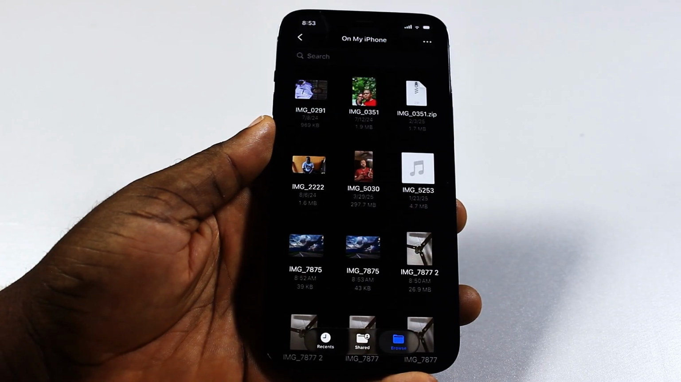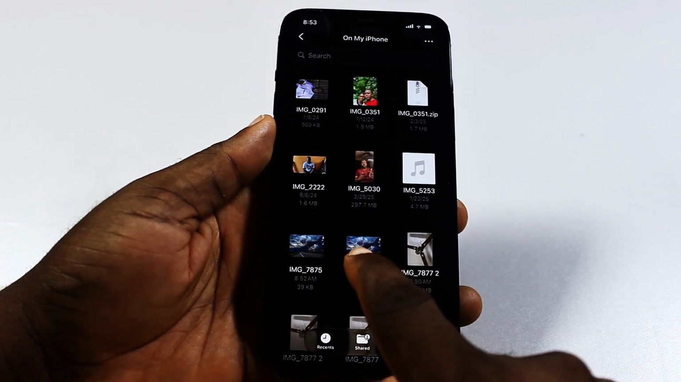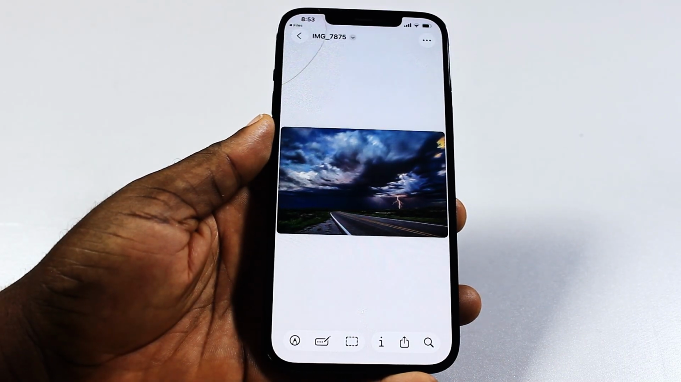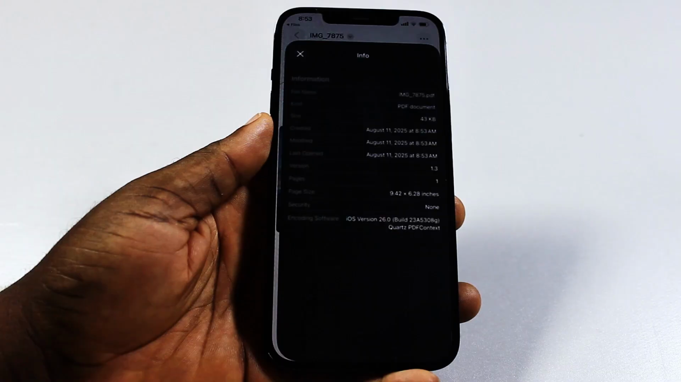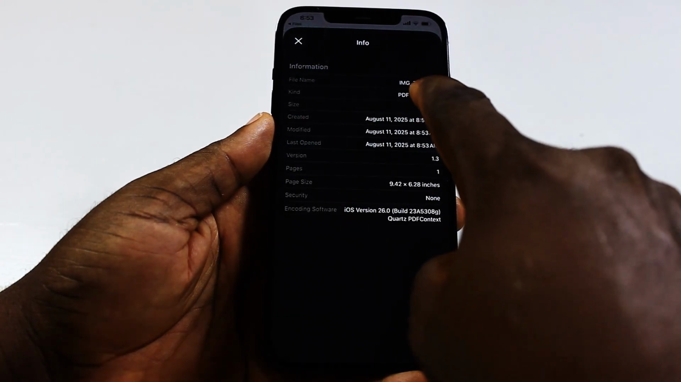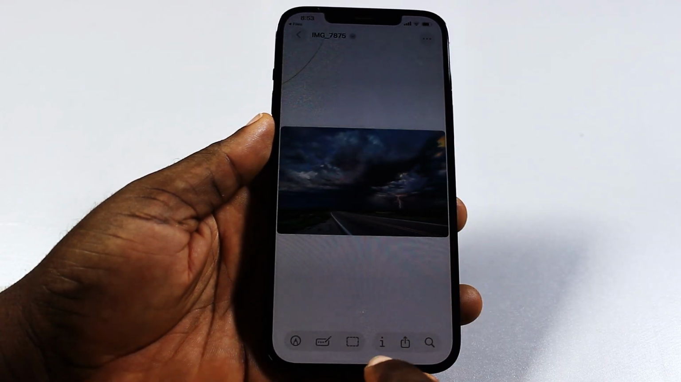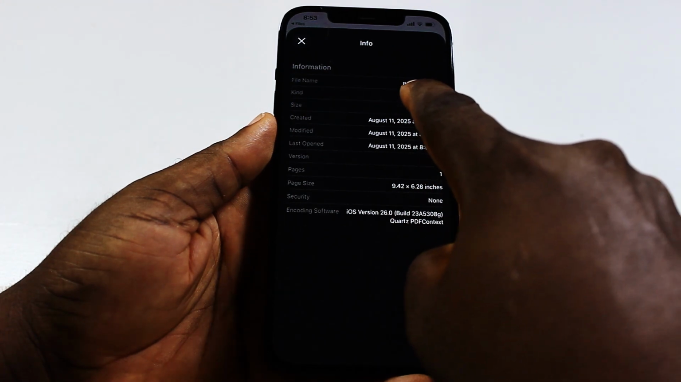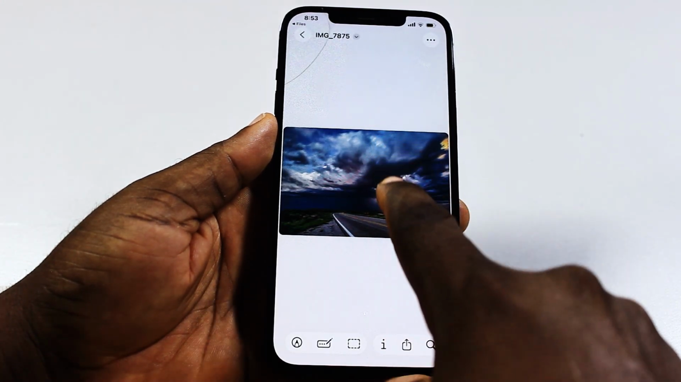Then this is going to create a PDF format of the photo. It's going to be in the form of a PDF. To confirm that, click on the information icon and then it should say the file is a PDF document. Now you can use this to convert multiple photos to